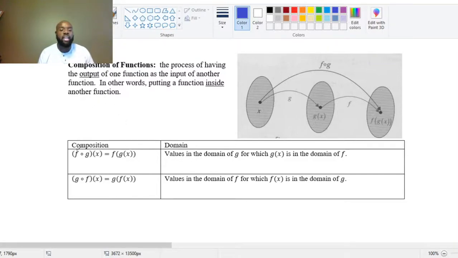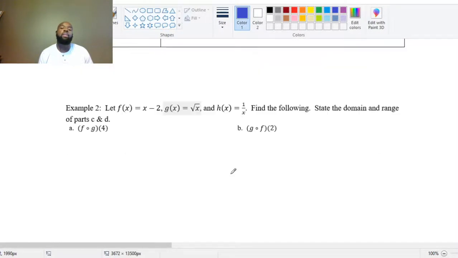So when we see F composed with G this way, we write F of G of X. You can go the other direction and do G composed with F evaluated at X, and that's G of F of X. When you write it the first way, the domain of your composite function is the elements that are in the domain of G, for which G is in the domain of F, right? So you have to be in the domain of G first to get to here, and then G has to be in the domain of F to get there, right? And so that's how we calculate our